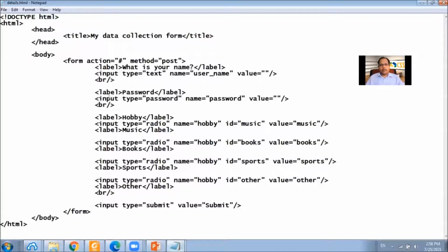To let this radio button select upon clicking on the music label, we have to specify the for attribute.